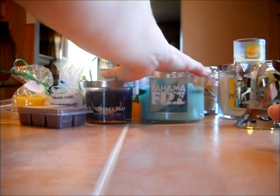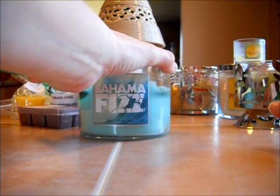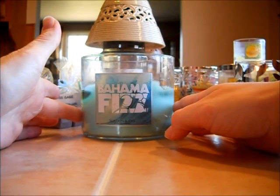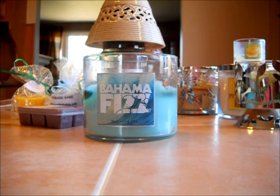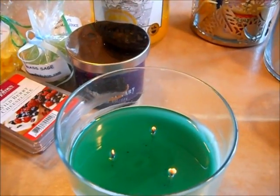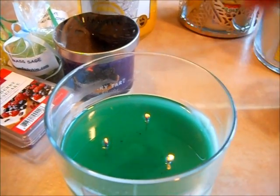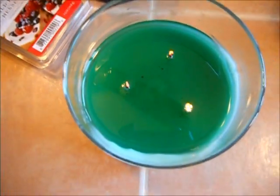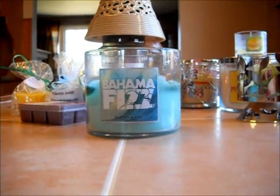Next I have going right now, trying to get this one down, is Bahama Fizz. And as many of you know, a lot of us have had trouble with this candle. And again, today is no exception for me. The wicks are extremely low. They keep blowing out on their own, especially this one over here. And the wax pool is not the greatest, but I am trying to melt it down anyways